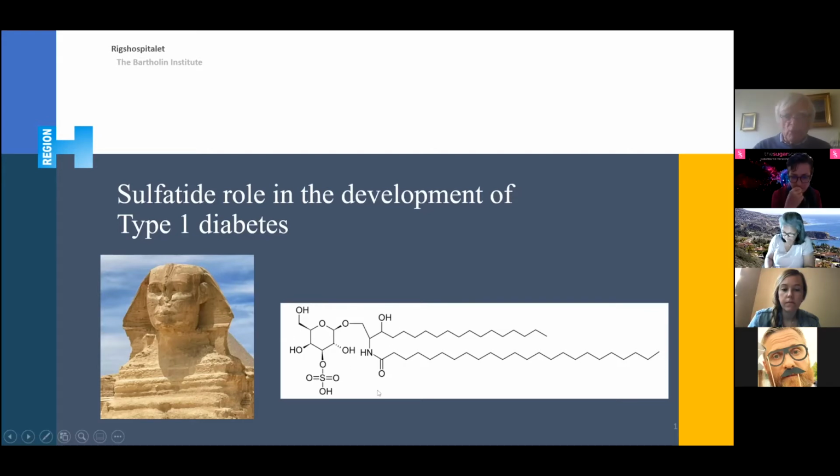Then there's a backbone of serine, an amino acid, and you can see the nitrogen atom here. And then there are two fat tails. So it is a fat molecule, but very specially has an amino acid and a sugar group, and for sulfatide, a sulfate group. And these are sphingolipids. They are mostly present in the brain and neural tissue, but also in the beta cells that in many ways resemble neural cells.